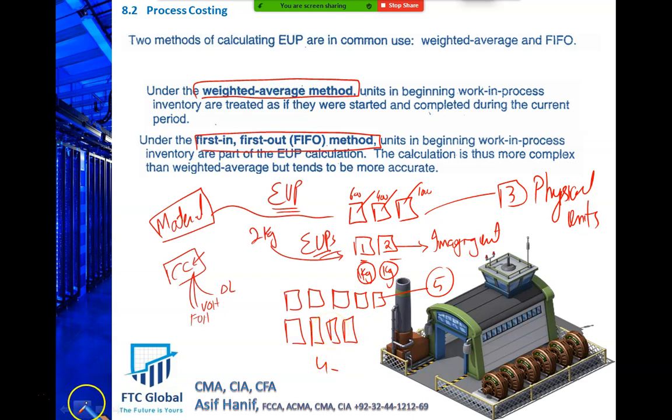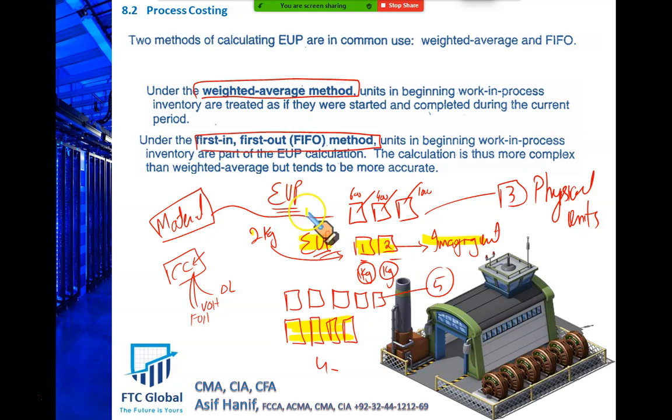So I will say that for calculation purposes, yes, there are 3 physical units, but for my calculations, I have 2 units of material, 2 equivalent units of production of material. For my calculation, I will use these imaginary, not the physical. And similarly, there are 5 units related to conversion cost, but in my computations, I will take only 4 units of conversion cost. So this is the first step. I will explain in detail. How do we calculate EUPs? What is the information to be used? And how do we draw up the table and how we do the calculations.